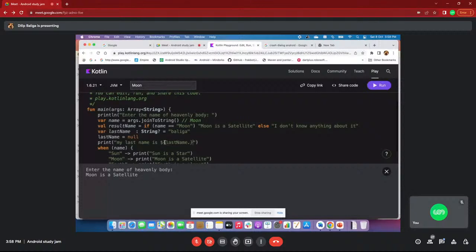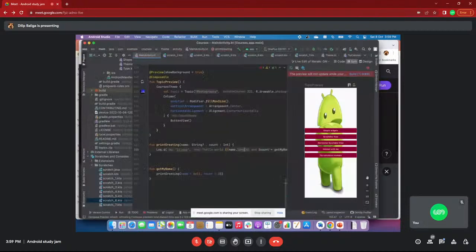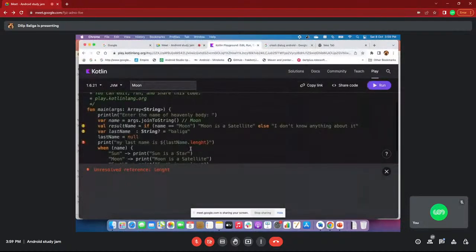One more thing: if you want to access any method from that string, you are supposed to add a brace here and dot length. See, here it says only safe or non-null assertion calls are allowed on a nullable receiver of this type.